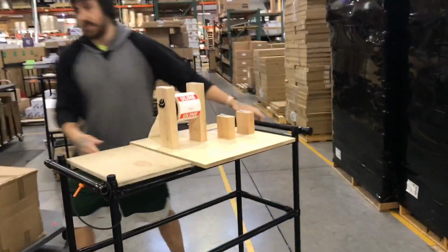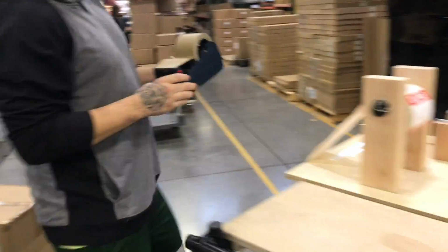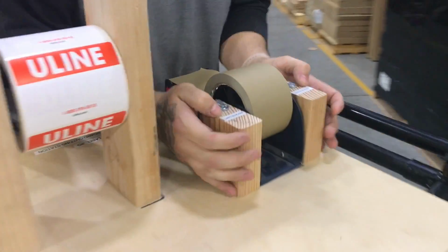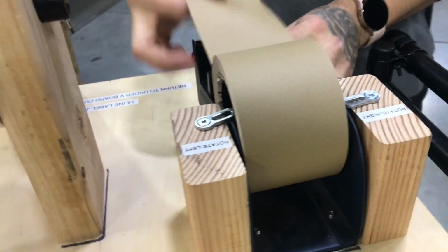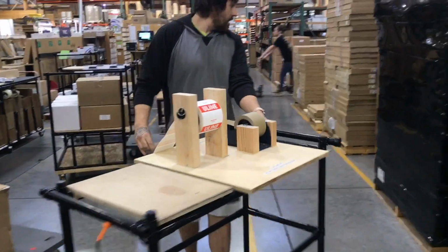Over here, because this is where we ship our ULINE. I'll grab my brown tape jig. And it sits in here, and I got easy skirts that tell you directions, rotate right and left. So now this won't lift out the second you go try to get a piece of tape. So now what you will do with this jig is